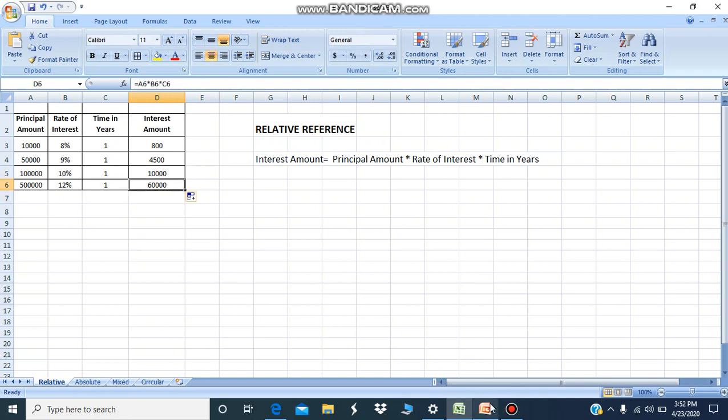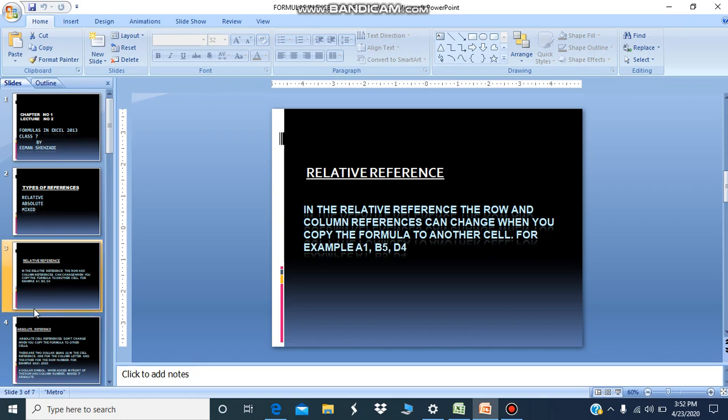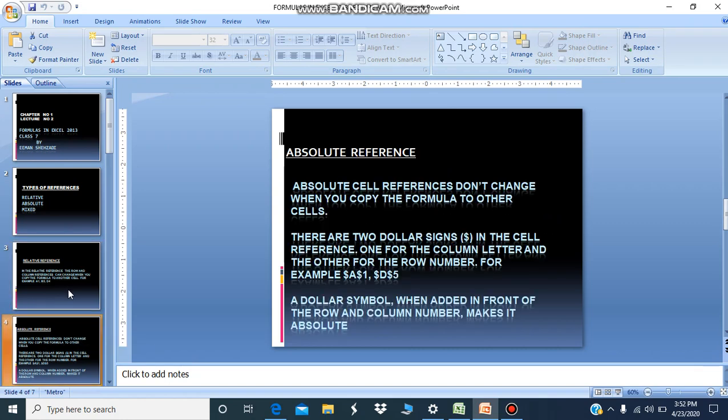Now moving ahead, absolute reference. Absolute cell references do not change when you copy the formula to other cells, means to say it is just like an opposite of relative reference. There are two dollar signs in the cell reference, one for the column letter and the other for the row number.